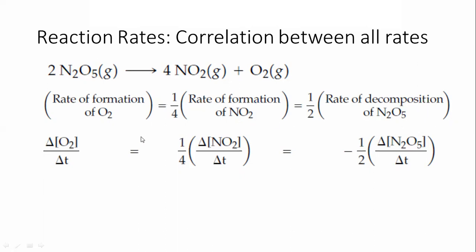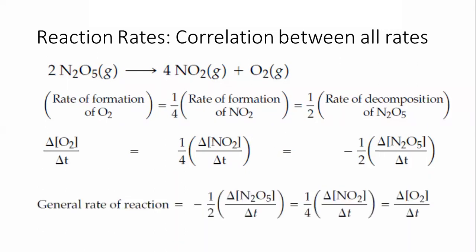So if I give you any reaction and ask you to write down the rate of the reaction, you have to write down this final version which we have explained. In this way, you have to write down the rate of formation and the rate of decomposition of all the reactants and the products. Again, there is no confusion here. Maybe you can put the reactant first and then the product, it is up to you, whatever you want, to write down the rates of all the reactants and the products.